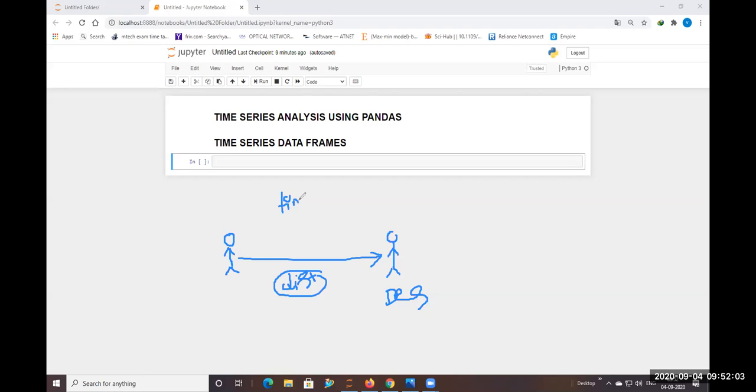He calculates the time required to reach the destination, or the distance covered to reach the destination point. That is the main thing, right?